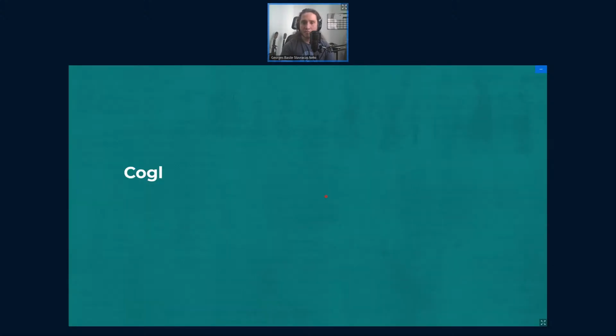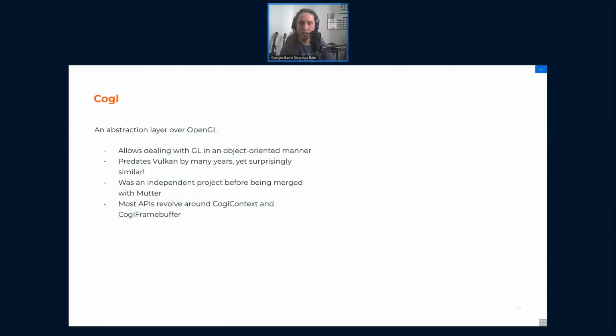So let's have a quick look at Cargo. Cargo, as I said, is basically a nicer OpenGL. Most of its APIs are made to look more object-oriented, and they're more idiomatic when it comes to GLib and the GNOME stack. Most of it centers around Cargo context and Cargo framebuffer, which is interesting.